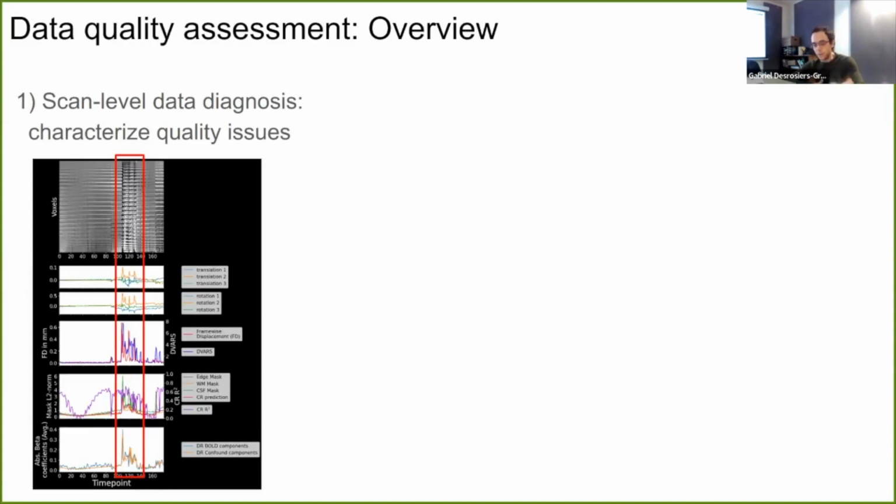So overall, there are different dimensions to the data quality assessment within RABIES. The first one is more of an observational step. It's a bit more intuitive, and it really regards what I call a spatial temporal diagnosis at the scan level, where a set of temporal features, such as those shown here, and spatial features are generated for each scan. The goal here is to be able to characterize in detail what kind of quality issue might be present in your scan,